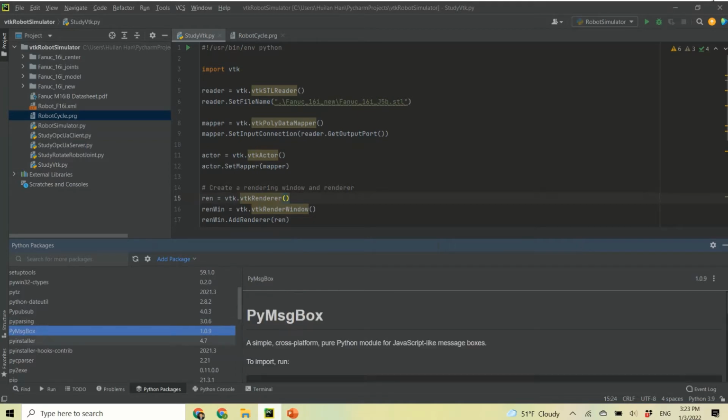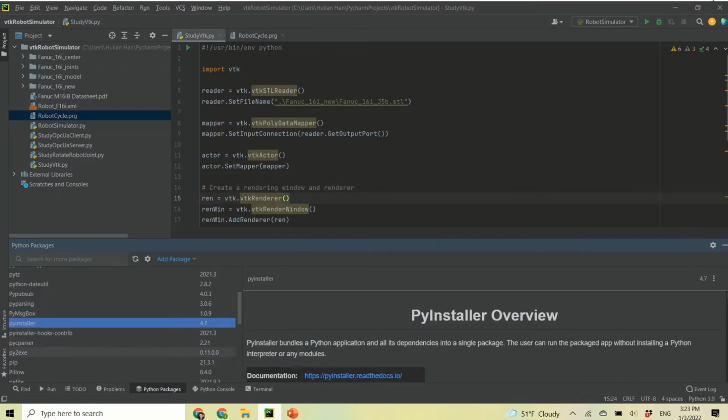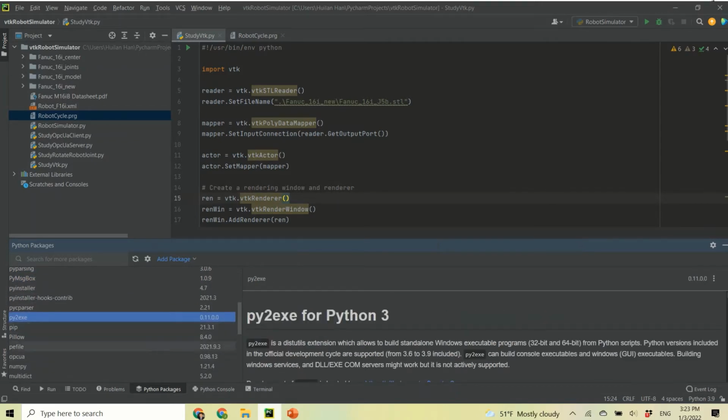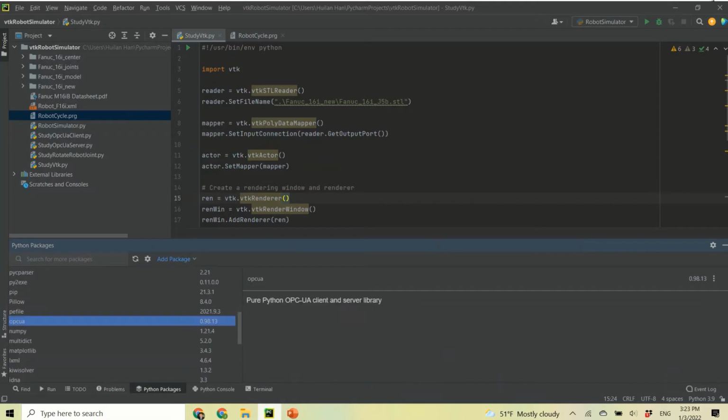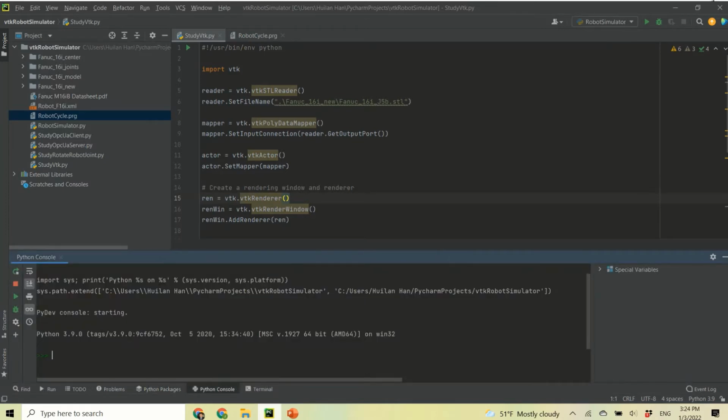PyMessageBox, PyInstaller, Py2exe, and also OPC UA. And the last one is LXML. So those are the Python packages that you need to install. After you've done that, you will have the correct Python environment, which is 3.9.0, ready,